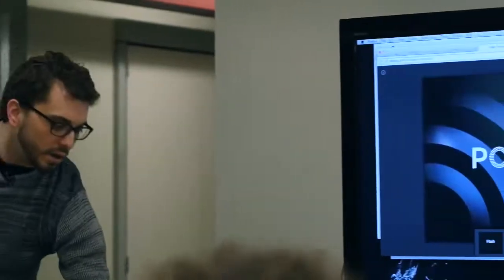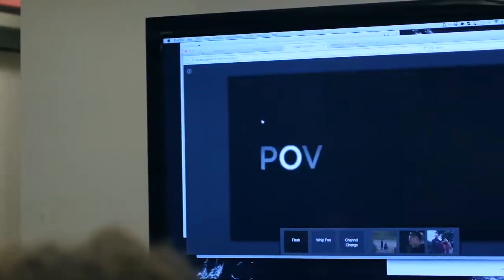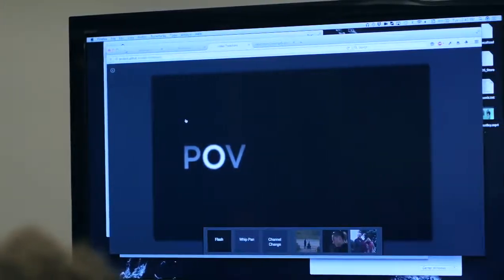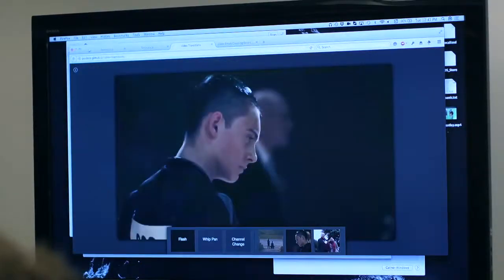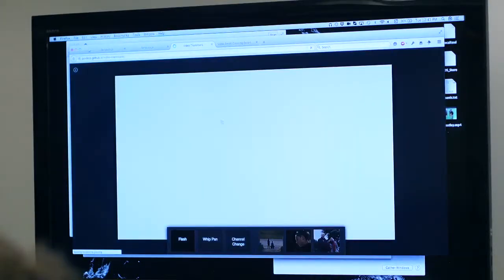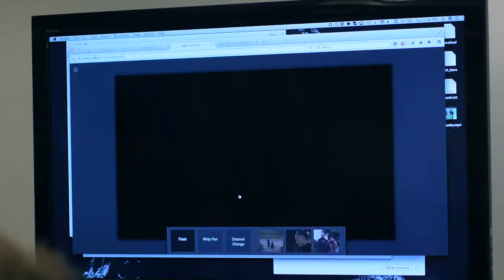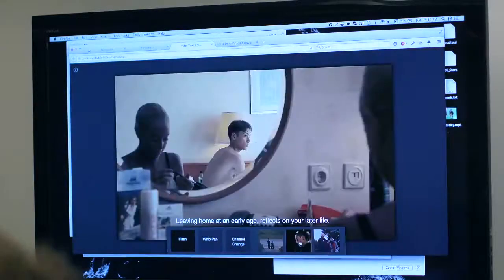So I'll show you something, another kind of experiment that we built with it at POV, which is to do these transition effects. So this is running a video clip. Again, this is all in a browser, right? And I can switch between one video and another, and it runs this flash. Well, this should be playing. There you go. So it runs this kind of flash effect,